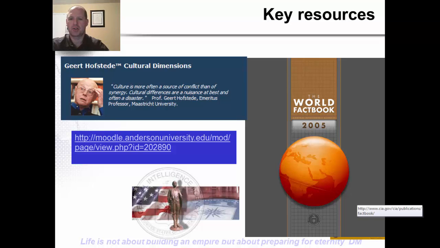best research tools, and here's a link you can go to that I put on Moodle with all those websites that I collected. Geert Hofstede's is very helpful, and then the CIA Factbook is fantastic in having a lot of